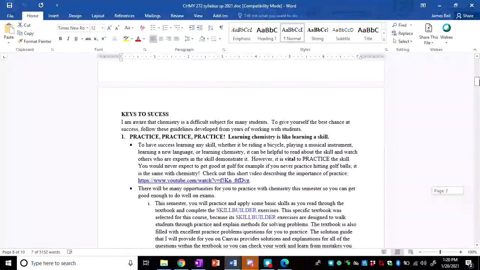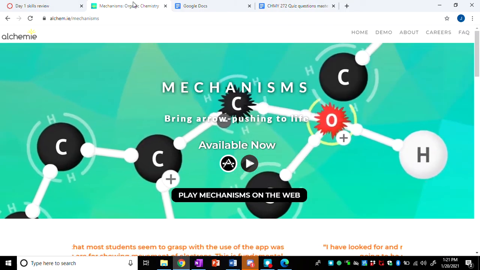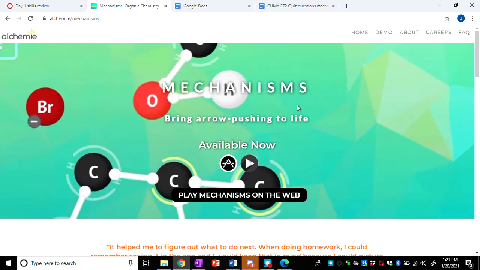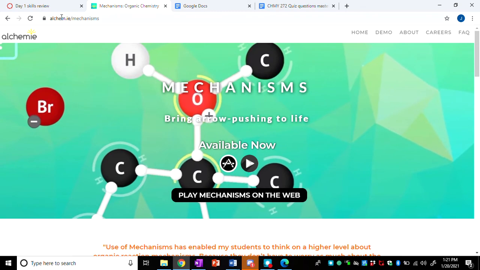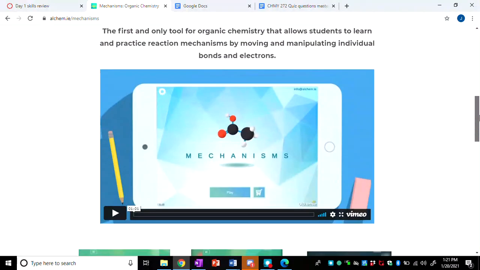So that's another important area where you'll be practicing, getting feedback on your practice, making adjustments, learning from that, and then continuing more practice. For the most part, students have given me good feedback on the Mechanisms app, so we're going to continue to use that. So if you haven't yet downloaded the Mechanism app, this probably works best on your phone. But if you just type alchemy or mechanisms, this is the type of picture that you'll see. That's the correct app. That's the app you want to download,